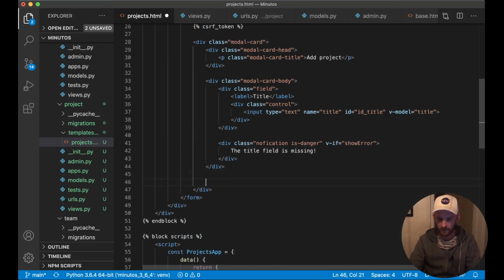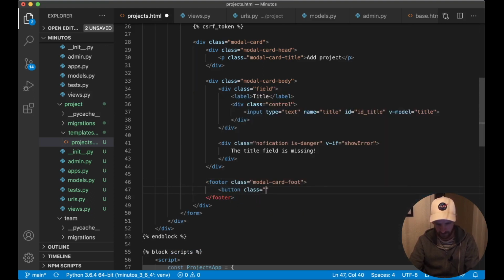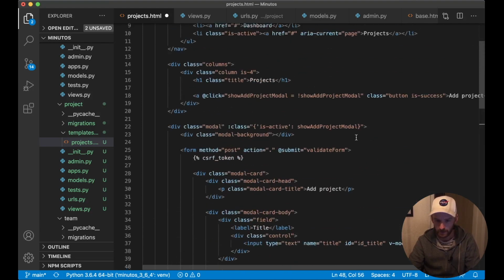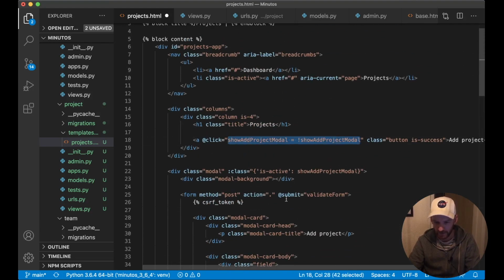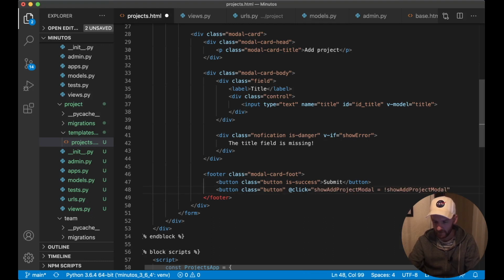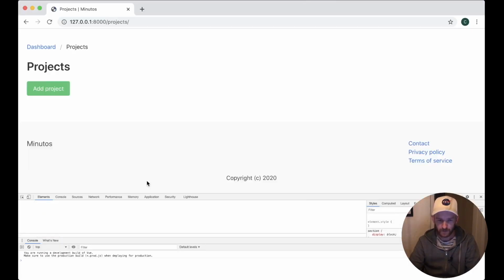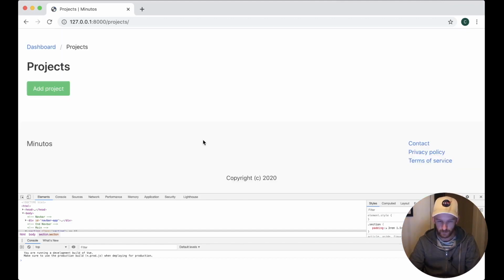And then below the card body, we say footer class modal card foot, button class button is success. This is the submit button. Submit. And then button class button at click. And here we do the exact same thing here, so you can get a cancel button. Cancel, like that. Save. If I now refresh, you'll see that you have a cancel button, and if I click it,